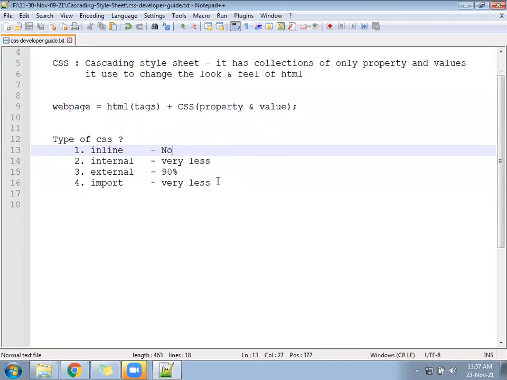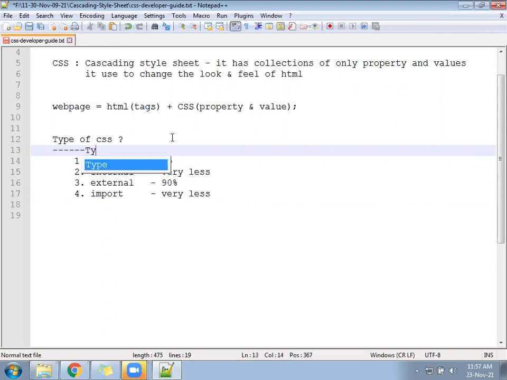Usage wise, I can write here something like type and usage.